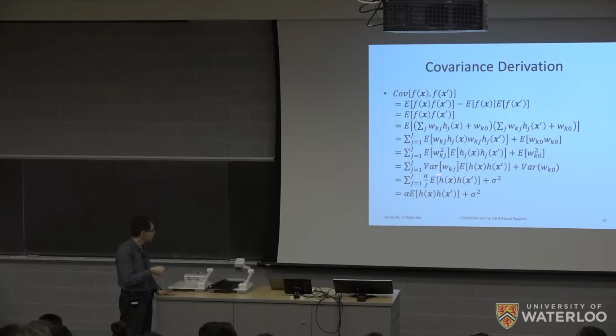So I can replace that by the variance. And then I assumed initially that my variance was alpha divided by J, and here sigma squared, so I just substitute this in. And then the sum with respect to all the j's will essentially cancel this capital J here,